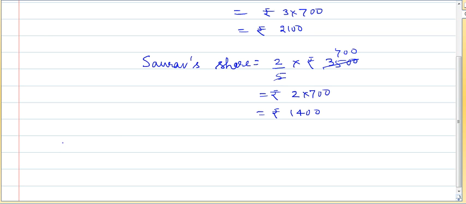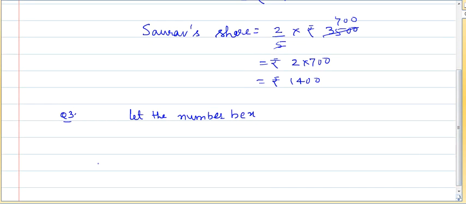Okay students, question number 3, a very interesting question. What number should be added to each term of the ratio 8 is to 11 to make 4 is to 5? So, what must be added? Let the number be x. So according to the question,